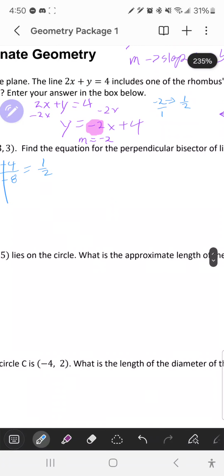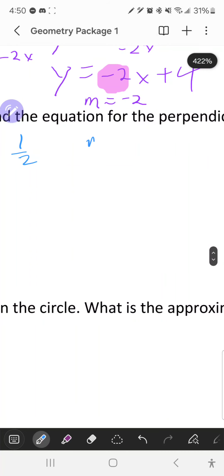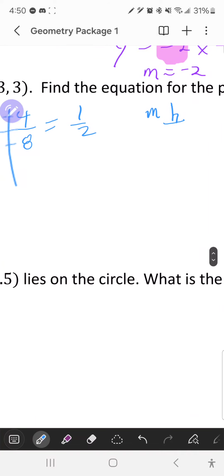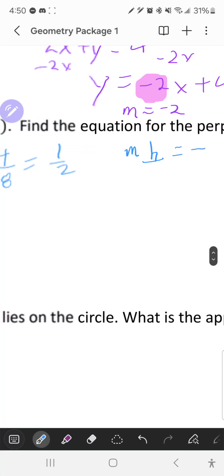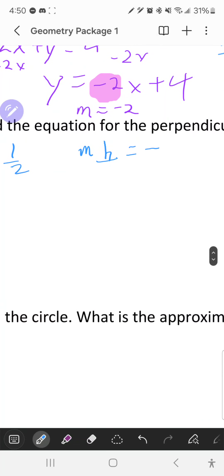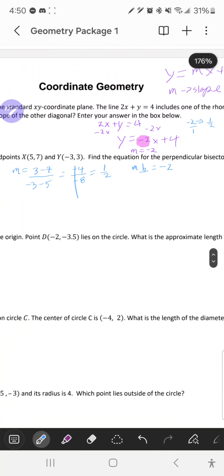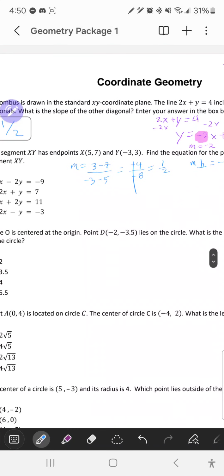I have the slope, but I want to find the perpendicular line, so I know that the slope of the perpendicular line will need to be opposite and reciprocal. The slope is positive, so the slope of the perpendicular line must be negative, and the reciprocal of 1 over 2 is just 2, so the slope will need to be negative 2. Now we know that it is a bisector, so it passes through the midpoint of this segment,